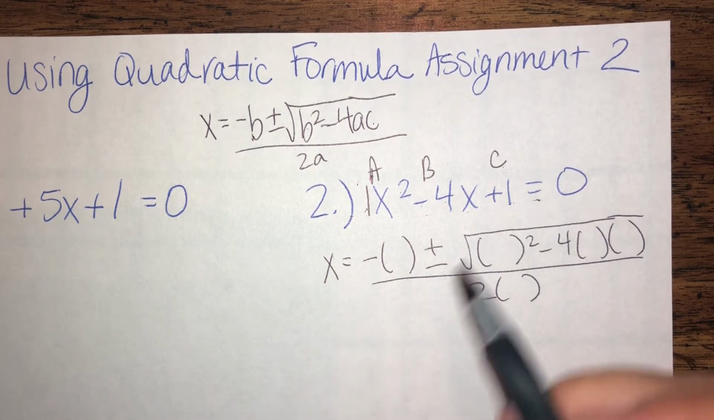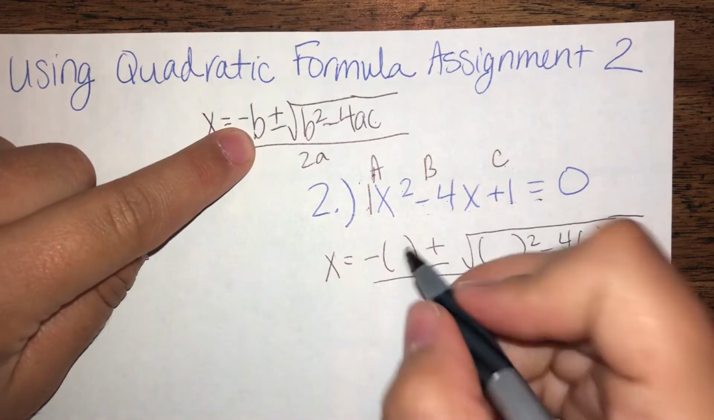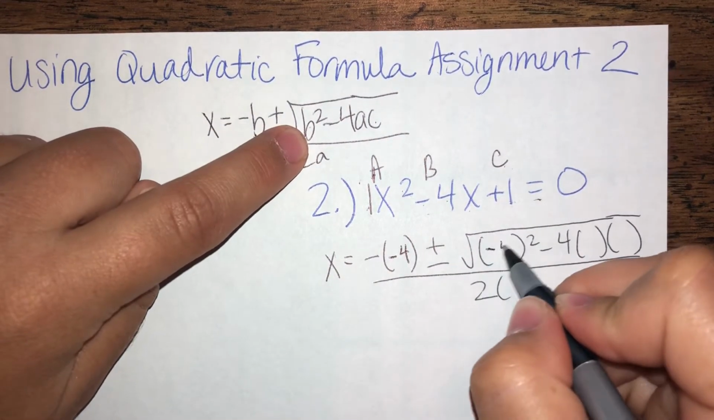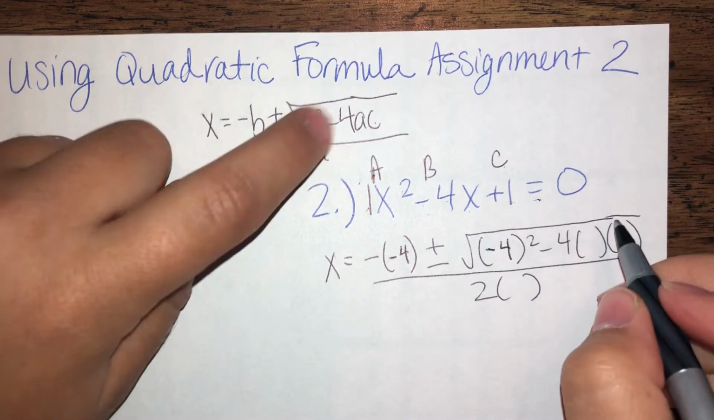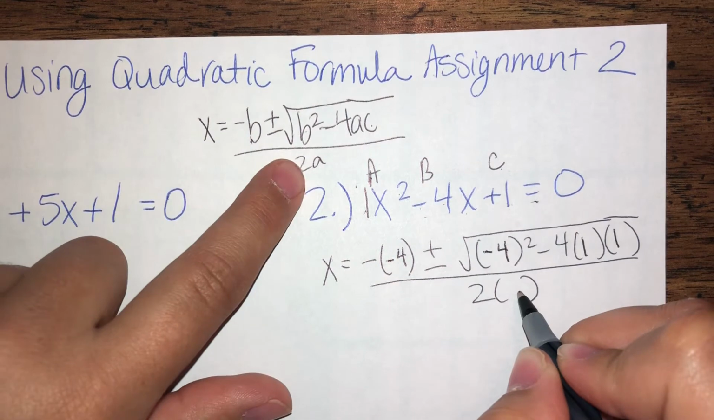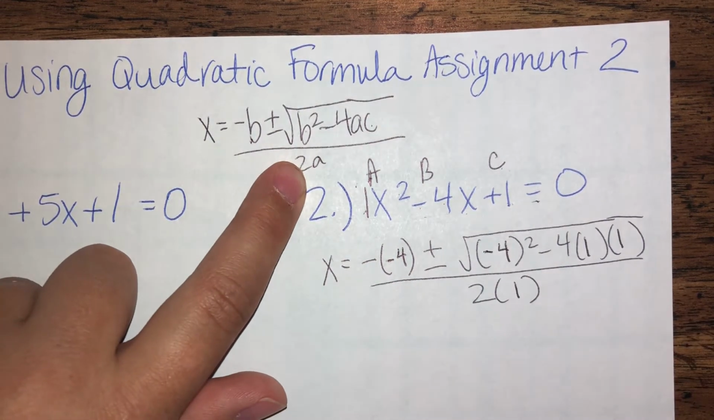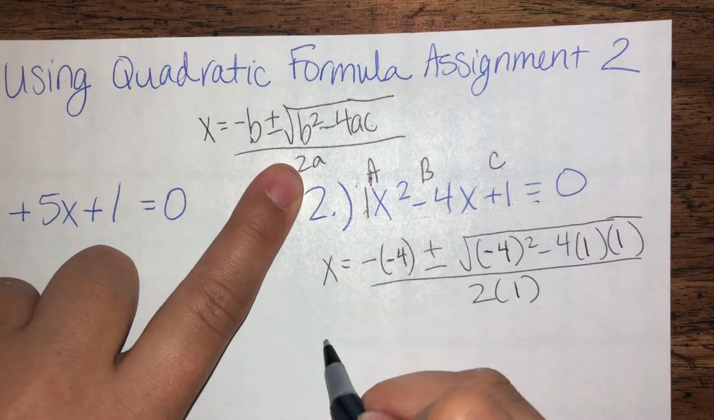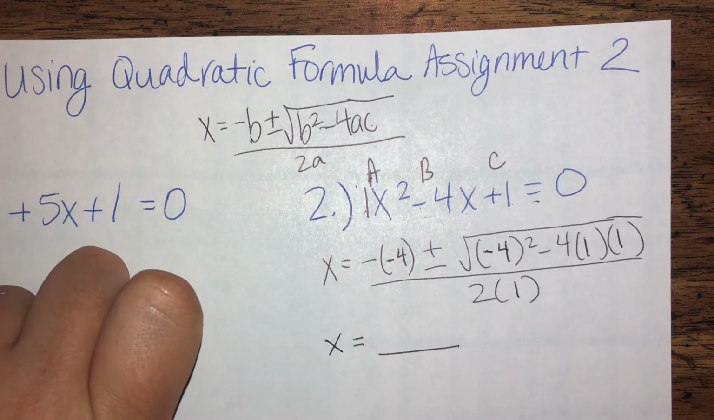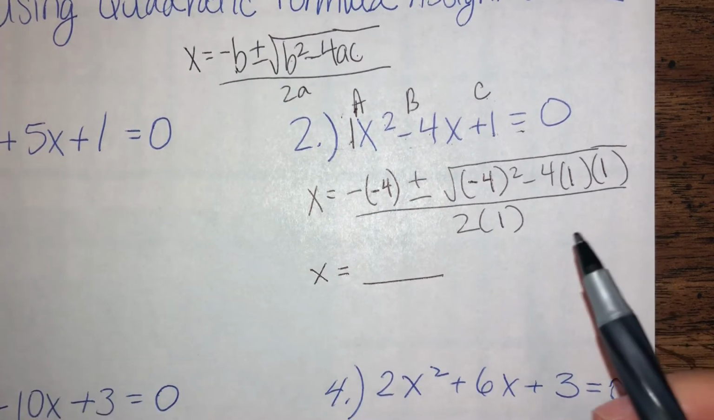formula. Our first letter is going to be a B, so we write in -4. Then we have another B, -4, A is 1, C is 1, and then last but not least, A is 1 as well. Once you've replaced all of your values inside of your quadratic formula, you are going to be